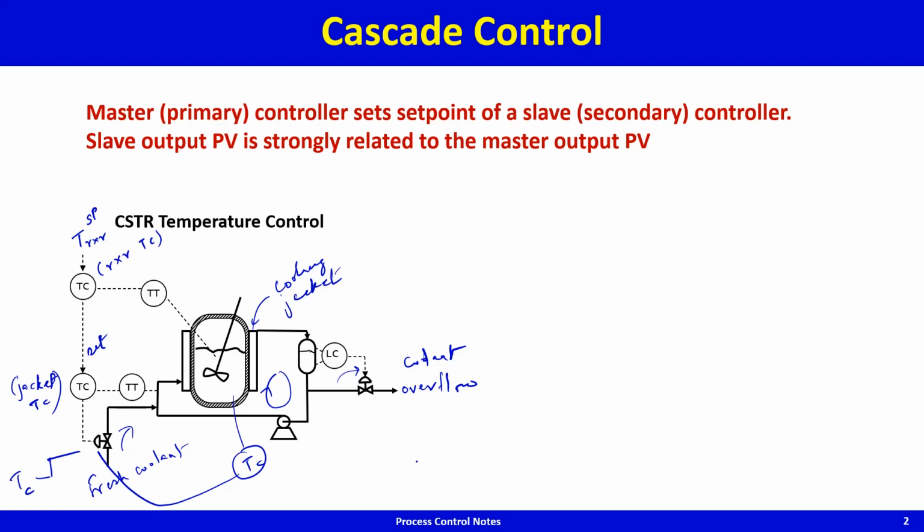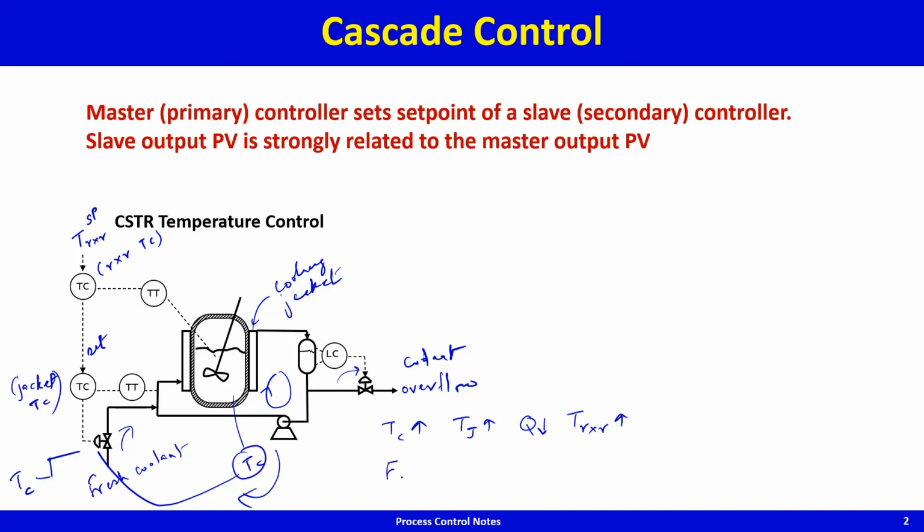Temperature of the coolant goes up, therefore temperature of the jacket goes up, therefore heat transferred across the wall goes down, therefore temperature of the reactor goes up. As the temperature of the reactor goes up, the feedback controller here says